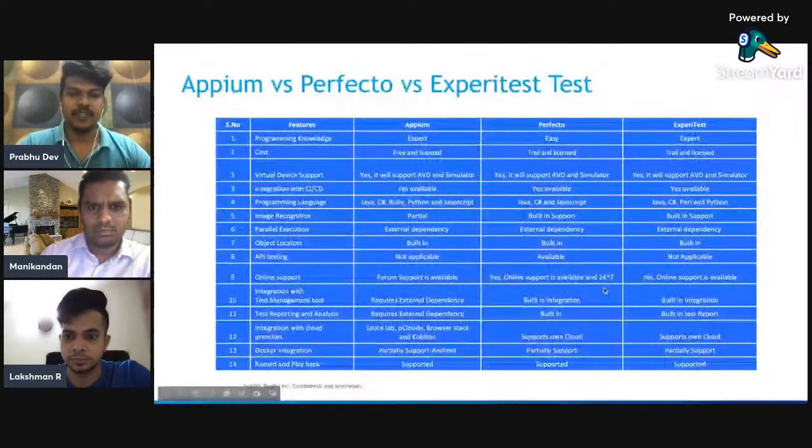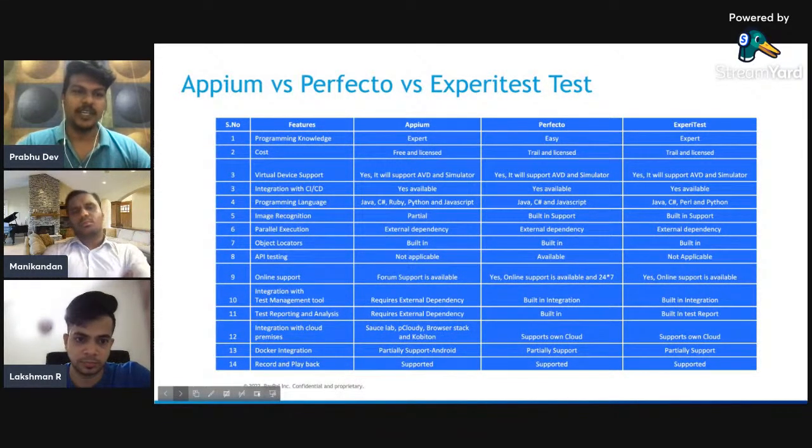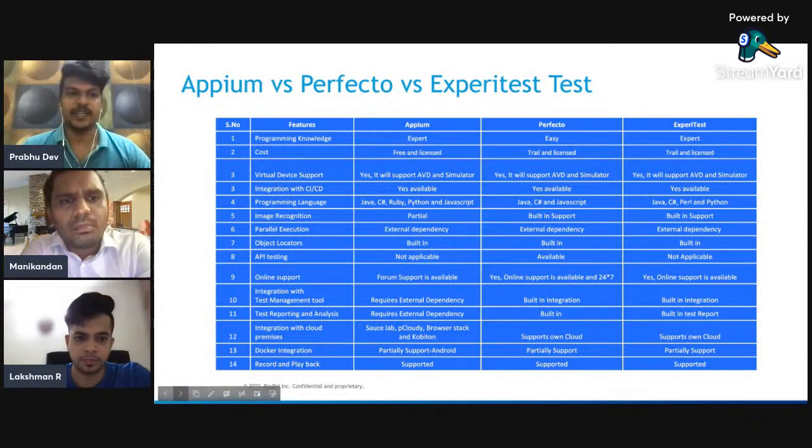We are going to compare the Appium framework with the Perfecto tool and the C-test tool, also called XP test.